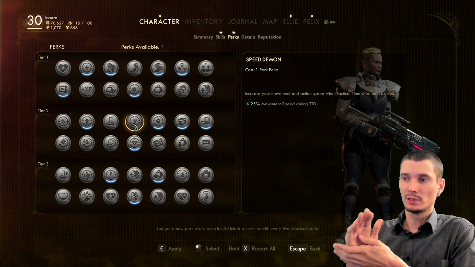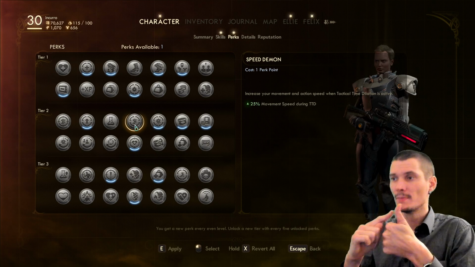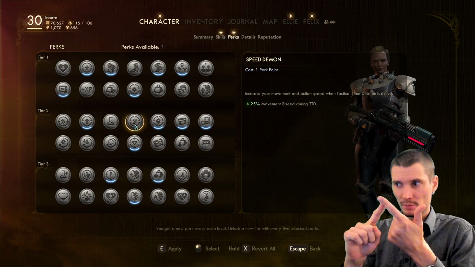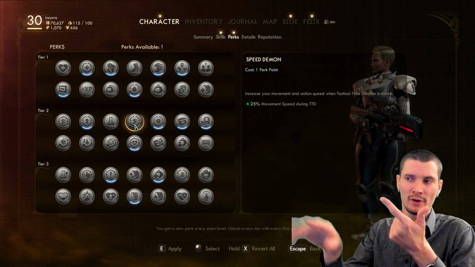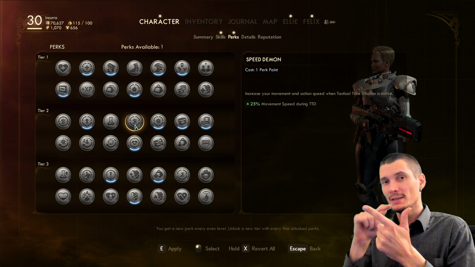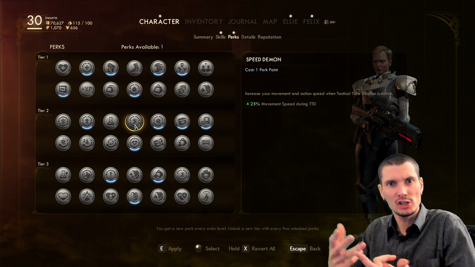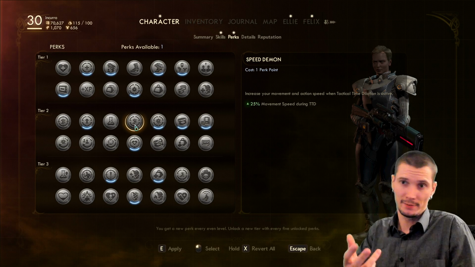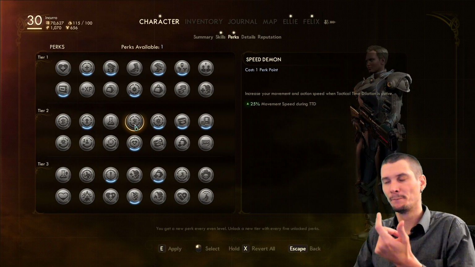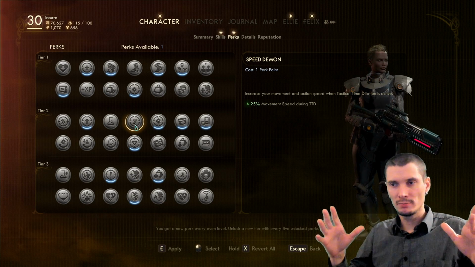Let's read it out. What it does: increases your movement and action speed when tactical time dilation is active by 25%. Doesn't mean, all right? Movement and action. What is action speed? Action, right? My logical thinking was, and I think everyone thought the same, when you hit tactical time dilation, for